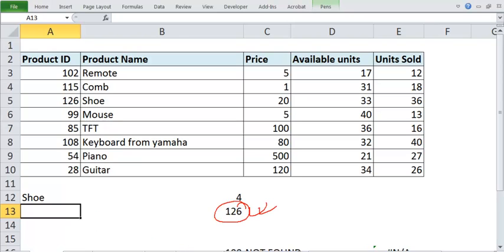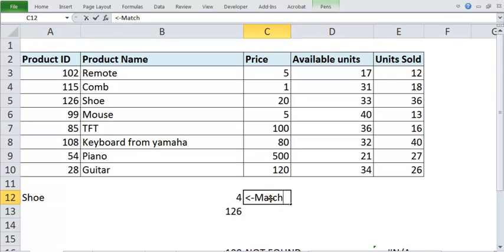So you can see that you can get all the various product IDs as per your requirement. The idea is very simple. You do match first, then whatever the outcome of the match, you do index. So here I first did match and then I did index.